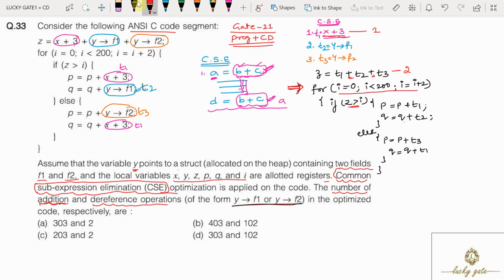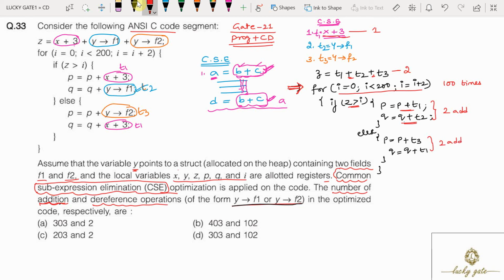Inside the loop, for i equal to 0, i less than 200, i equal to i plus 2, the loop is repeating 100 times. Inside the loop we have two addition operations, one is p plus t1, another is q plus t2. In the else part also we have two add operations.